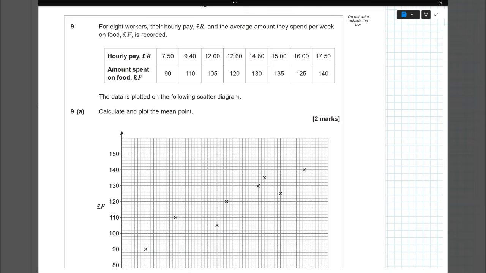Calculate and plot the mean point. So that means we're going to find a mean for both of these two variables. Adding up all of the hourly pay values, we've got 104.6, which is divided by 8, and that gives us 13.075. As long as I'm there or thereabouts, that's fine. I know we can't have decimals once we get to the pence. Then we sum all of the food amounts, we get 955, which is over 8, and that equals